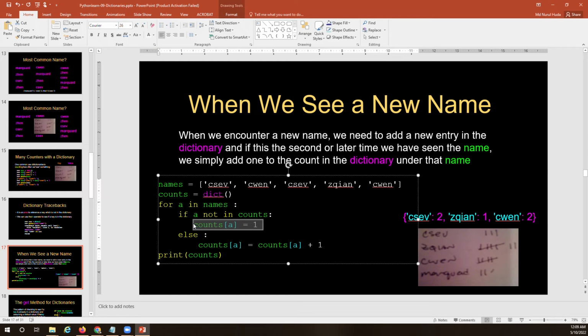Counts is the dictionary. Add a dictionary item with the first value as a key and put the value as 1. So after doing this, it will create,